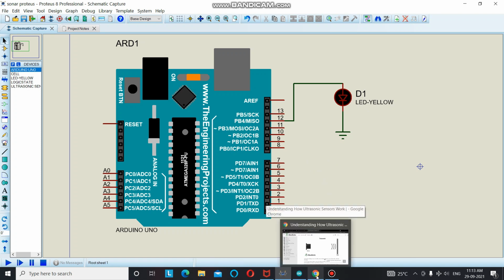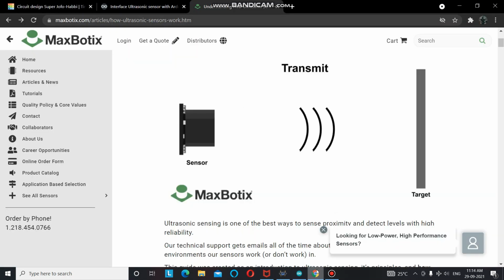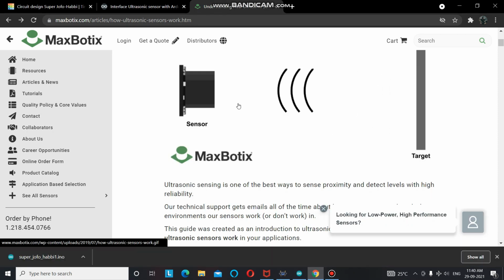Before moving ahead, I will explain how this ultrasonic sensor works. So this is just the basic working of this ultrasonic sensor. There are two channels on our ultrasonic sensor module. One channel is to transmit the sound waves, and another channel is to receive the sound waves. Since the sensor works on sound waves, you have to consider the speed of sound in different mediums, and remember that sound waves do not travel in a vacuum because there is no medium to transmit the sound